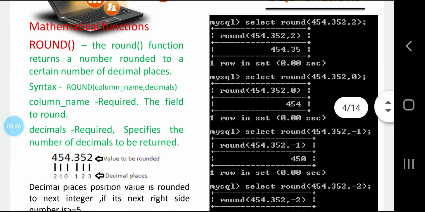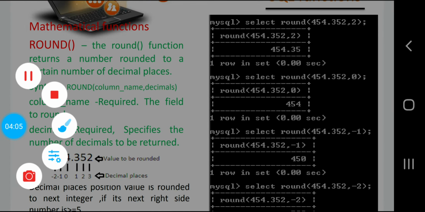Now the next function is the round function. The round function returns a number rounded to a certain number of decimal places. Suppose we want to round off a value to a certain number of places after the decimal point; you can use the round function.